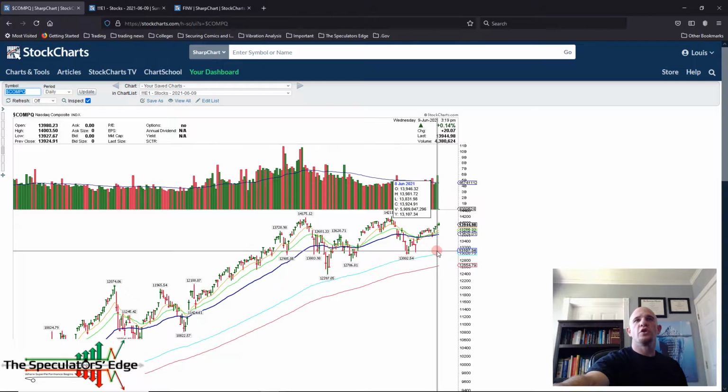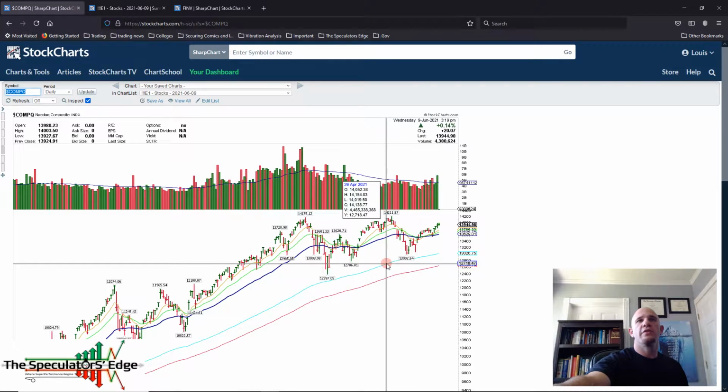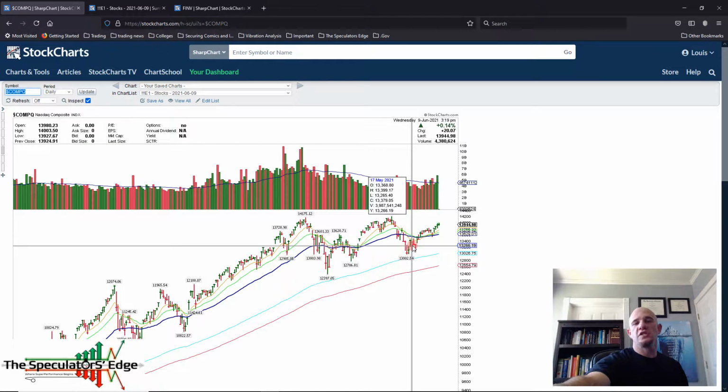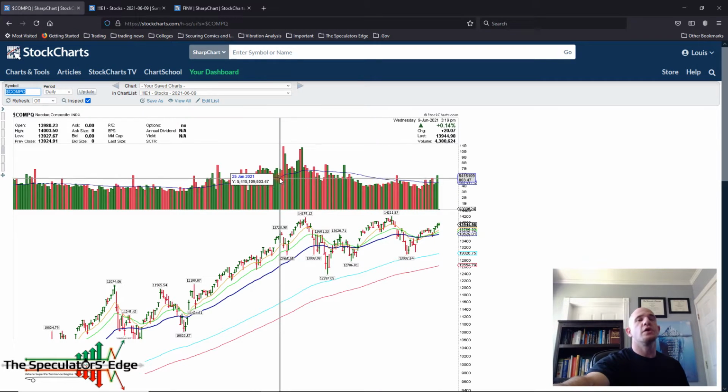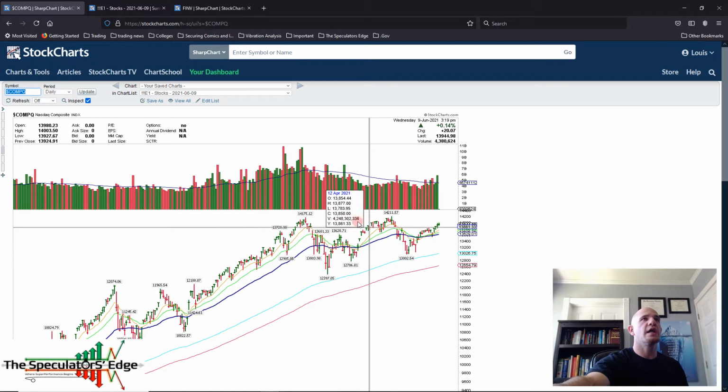The NASDAQ, of course, pushed past the highs of yesterday, which is good. It's good to see that, but I mean, it's pulling back a little bit. So other than that, if it does pull back, we'll see it down to that 10-day line there, and then the 20, and then the 50, of course, and then on down to the 13,002 level if it starts breaking down past all that. But of course, we've had some accumulation the past few days. That's good to see. That's what we want. So if anything, we'll be looking for a distribution day. That'll let us know to get out of the market.